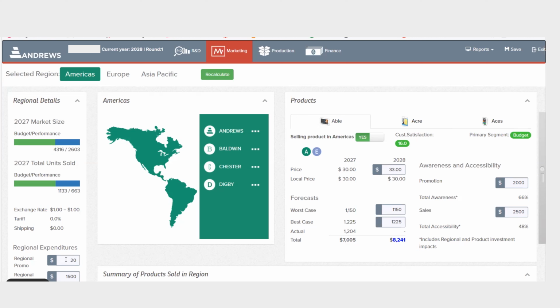This is the budget that you are allocating across products, that is not going to have only one product but all our portfolio, and this is going to assist us to increase awareness and accessibility for the entire product that we are offering. Okay, now let us go to Europe for the same product Able,